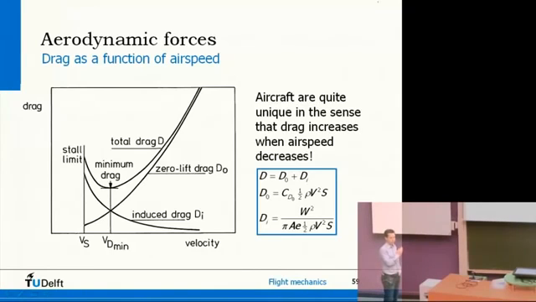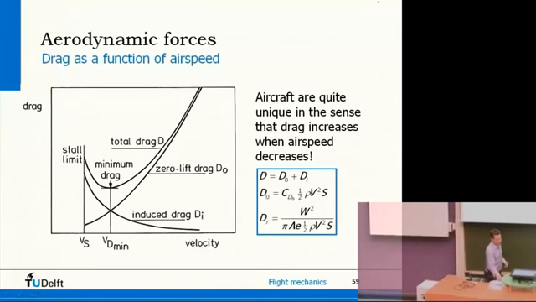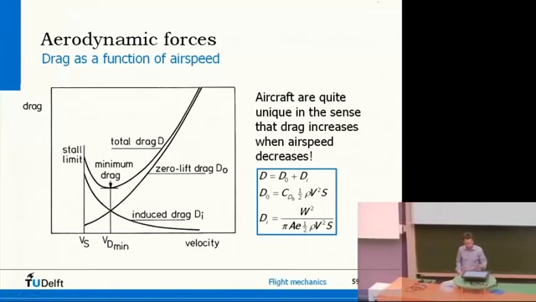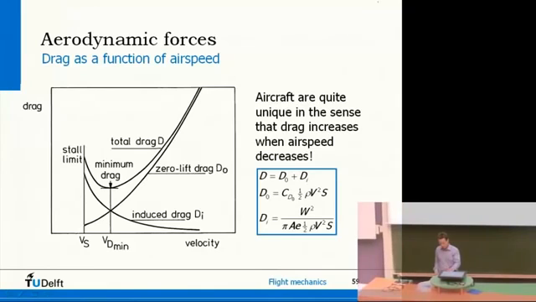And then if you start to increase the speed of the aircraft, the aerodynamic drag is actually reducing. So that means that at some point you'll have a minimum drag, and after that point the drag starts to increase again. So if you look closely at the picture, we have this induced drag term, we have this zero-lift drag term. Then on the left-hand side of the picture,